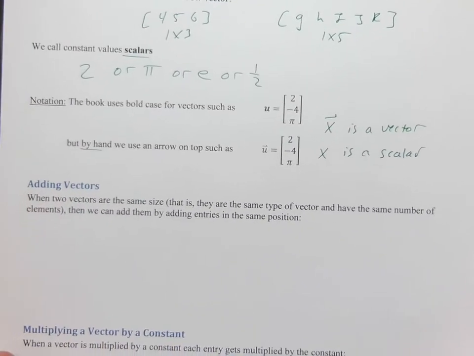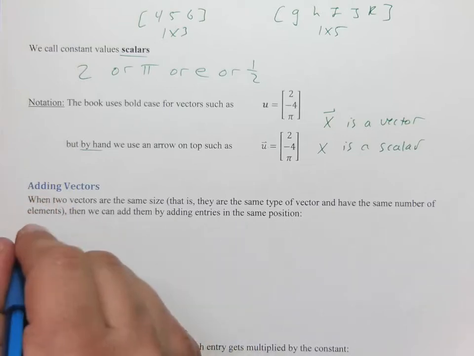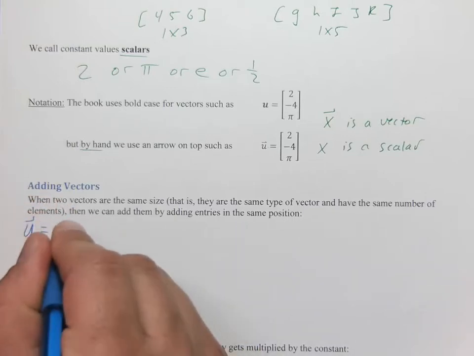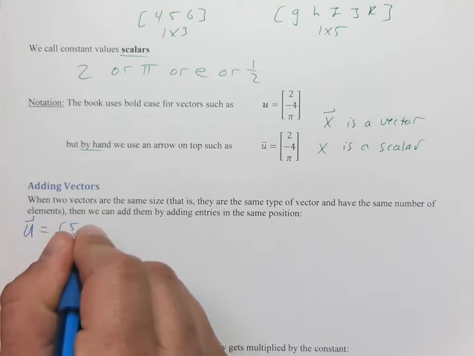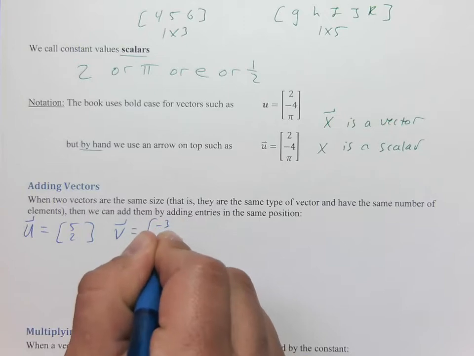Adding vectors is really, really easy. The key thing is that when we want to add 2 vectors, they need to be the same size. That means they need to be the same type of vector, so they both need to be row vectors or column vectors, and they need to have the same number of elements. They need the same number of elements because when we add them, we just add the entries in the same position. So if we had u equals the vector 5, 2, and let v be the vector -3, 4,